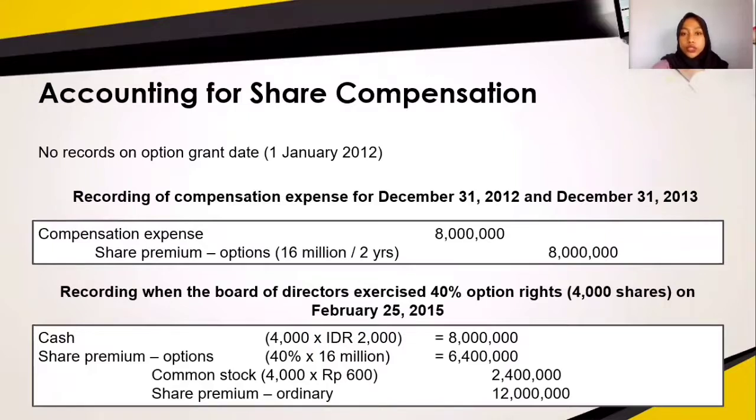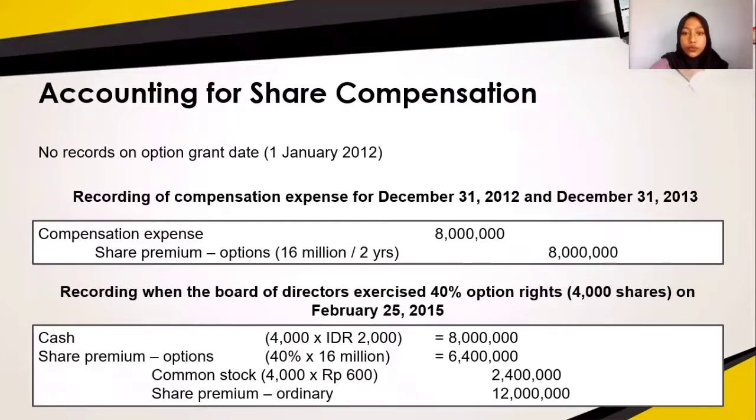On 1st January 2012, there is no record as the option is granted. After that, on December 31, 2012 and December 31, 2013, there is a recording of compensation expense. Debit compensation expense is 8 million, and credit share premium option is 8 million. After that, the recording when the board of directors exercises 40% of the option rights,